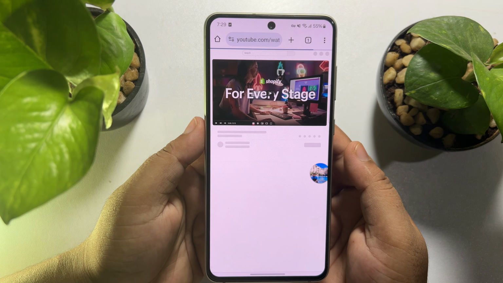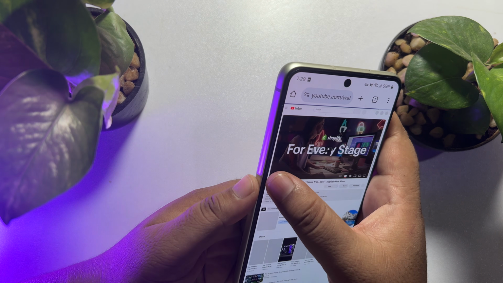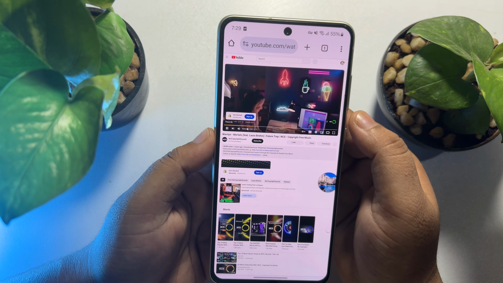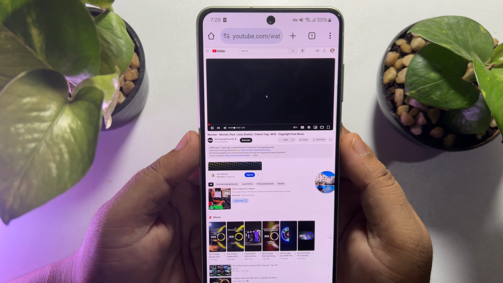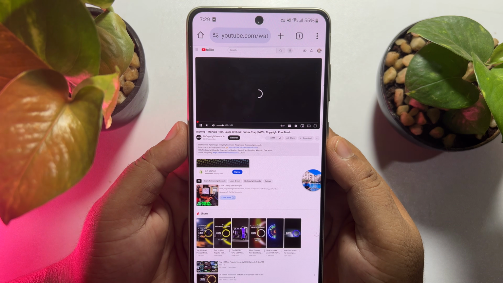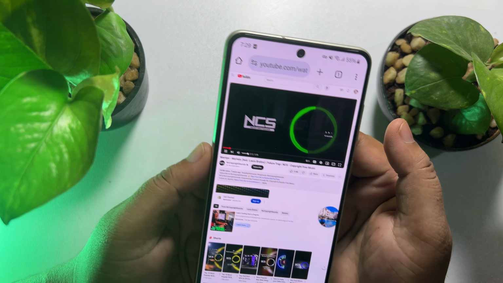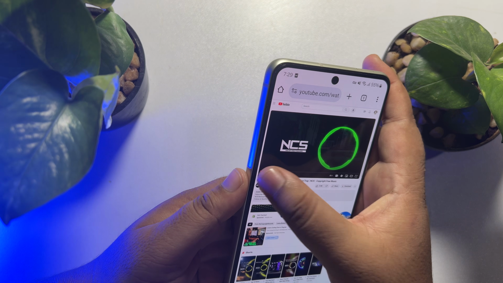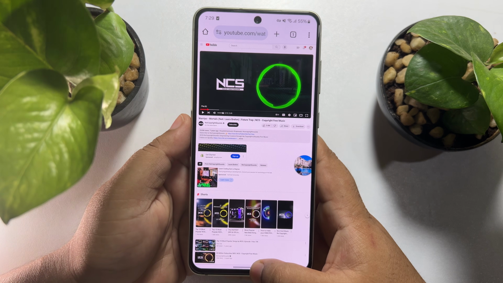Once you successfully turn on desktop site, now you have to watch an ad first. So let's skip the ad. Okay, as you can see, I'm playing music. Now, all you need to do is minimize your browser like this